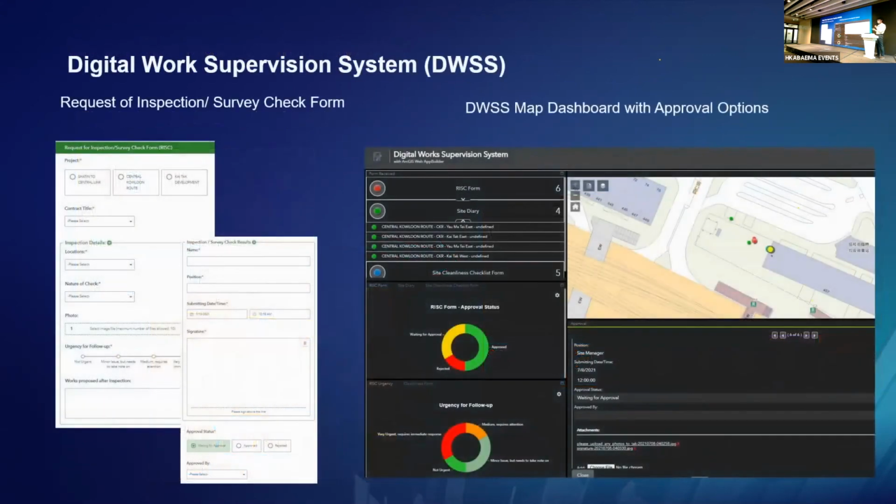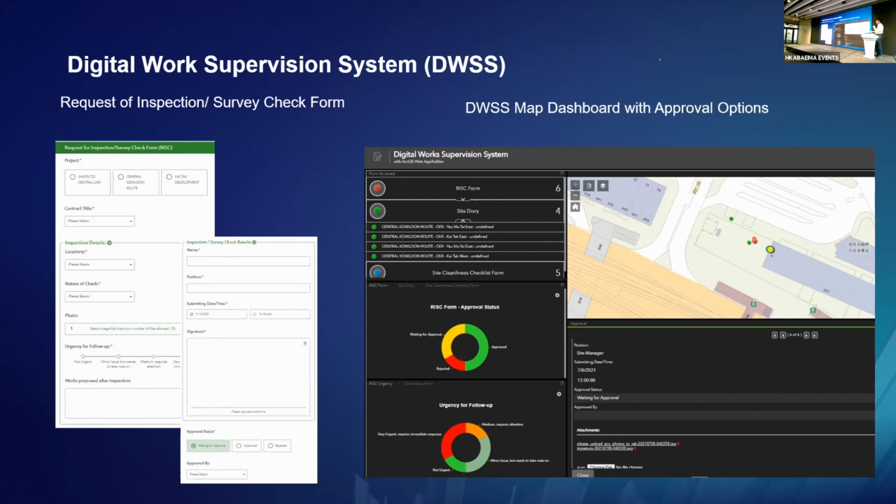Another example is the digital work supervision system. In this system, we want to deploy portable devices and portable solutions that help our field workers. They could have a channel to provide information to their back-end office.